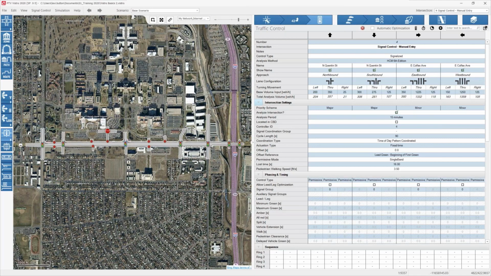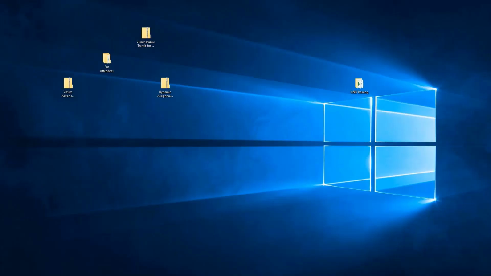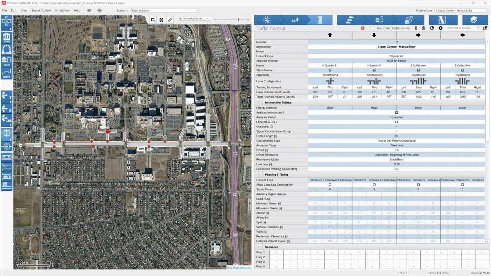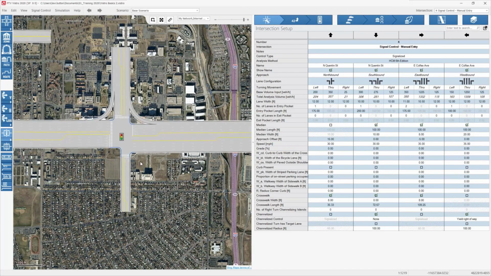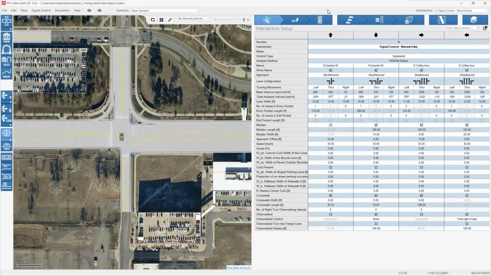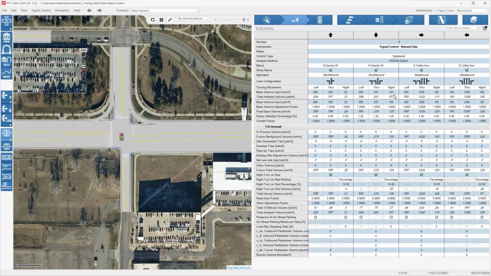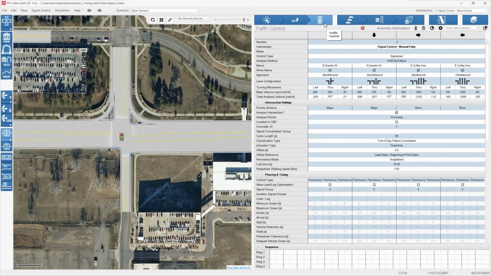Okay, so let's get started on actually updating one of our intersections' control types. So here I have already set up the physical geometry of this intersection. Let me zoom in a little bit. We've already configured the physical geometry of the intersection. We've already put in some of the demand for this intersection, and now we are configuring the traffic control. So starting up at the top, we are going to look at this